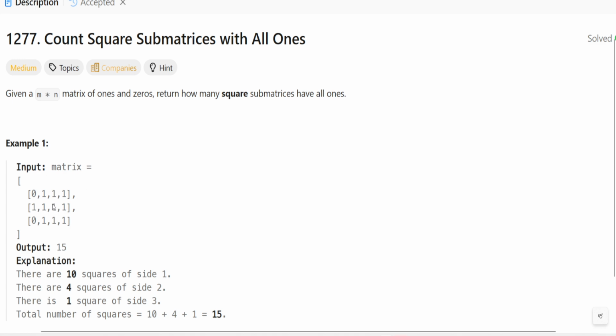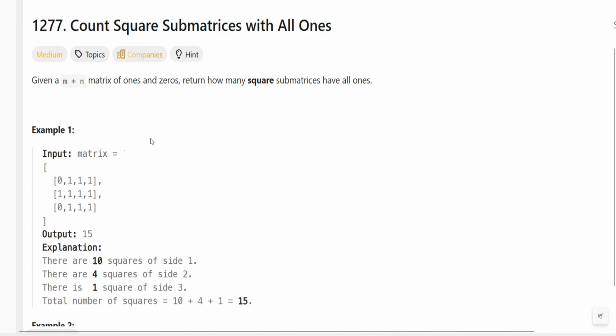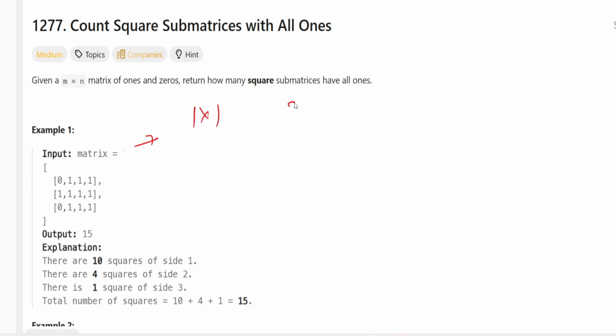A square matrix with equal rows and columns can be 1 cross 1, or 2 cross 2, or 3 cross 3, and so on. Very first, let's talk about the 1 cross 1 submatrices, where each cell has